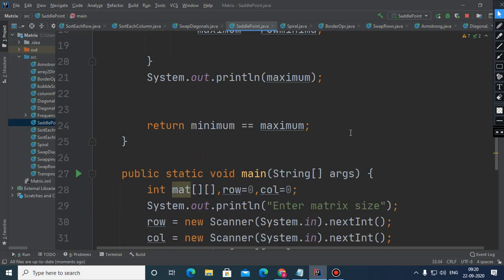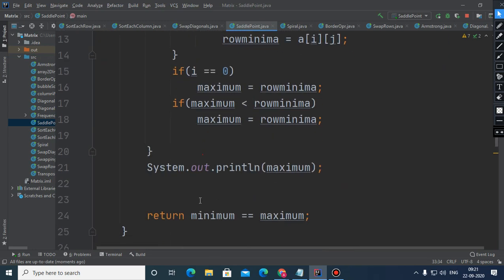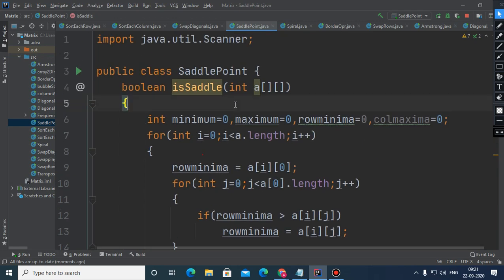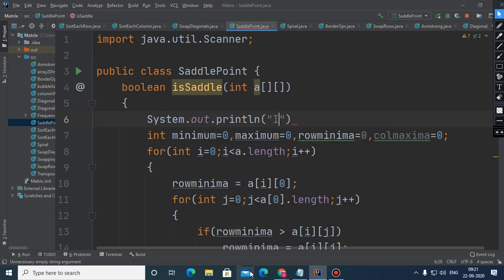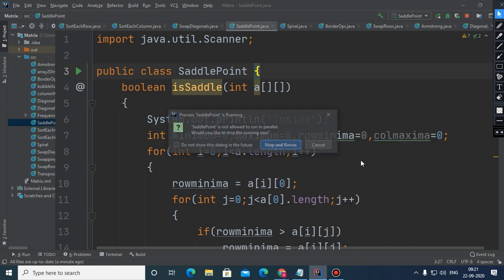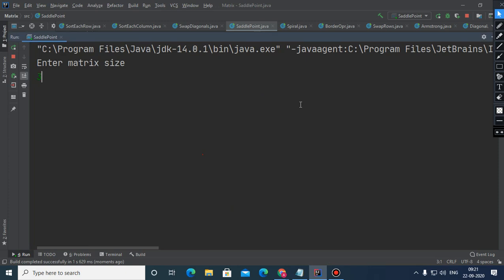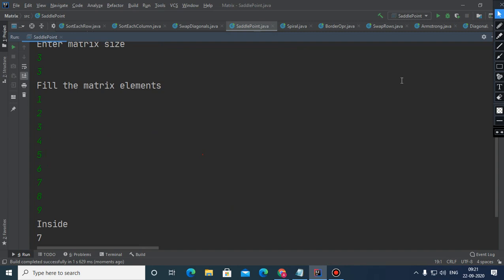But here we have called that and we are printing this also. So whether it is coming here or not, it is not coming here, but it came in this function body. Yes, it is coming like this.